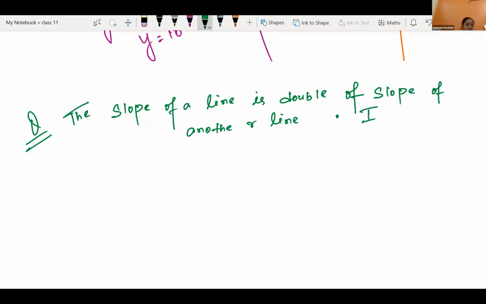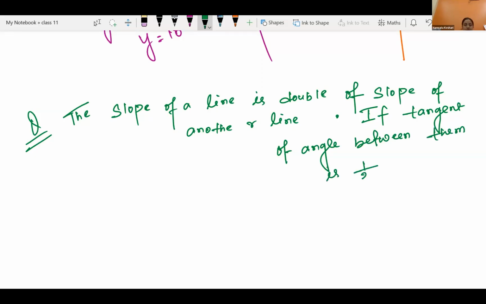If the tangent of the angle between them is... See, the slope of a line is double the slope of another line if the tangent of the angle between